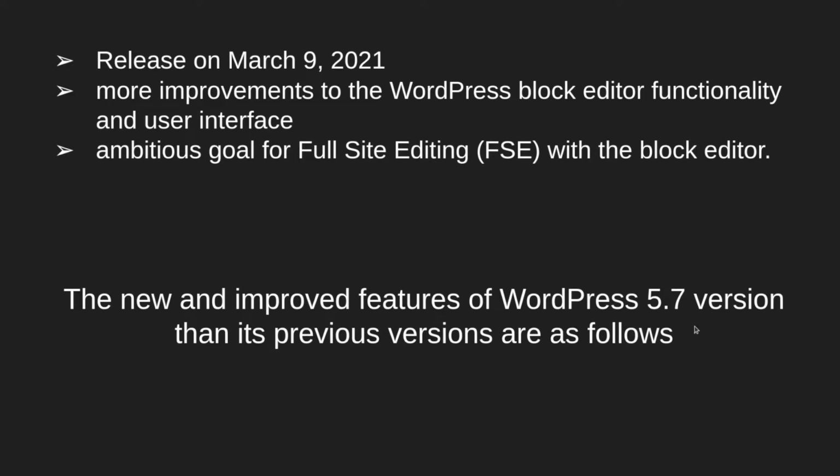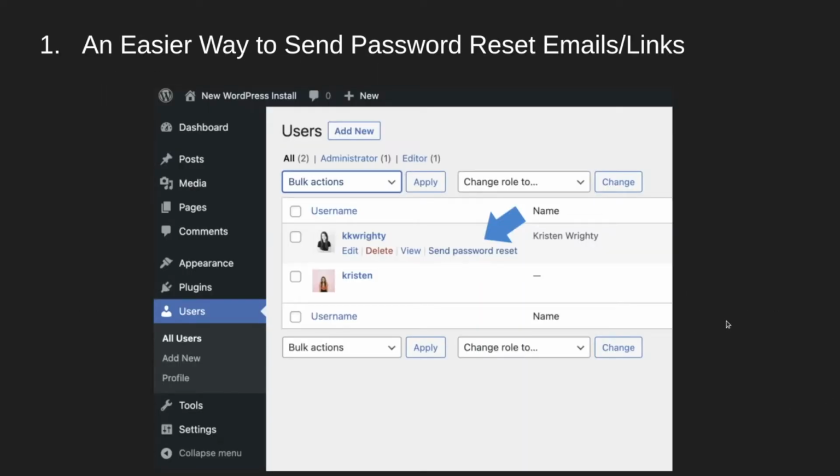And let's go to the features of 5.7 over its previous version. The first one is that it has an easier way to send password reset emails and links.